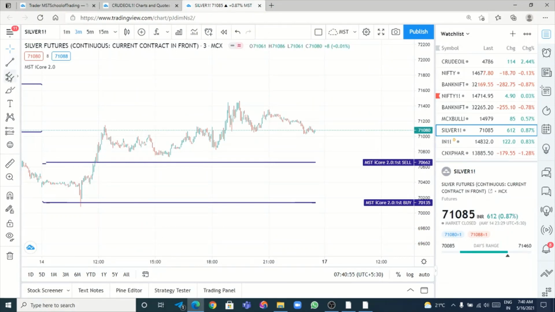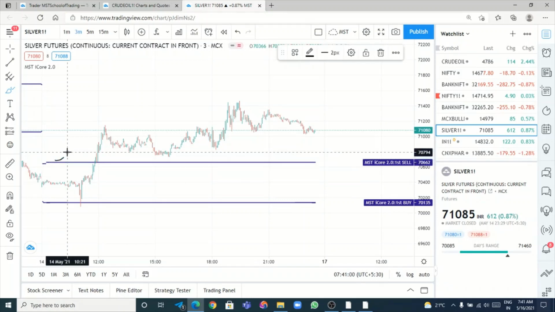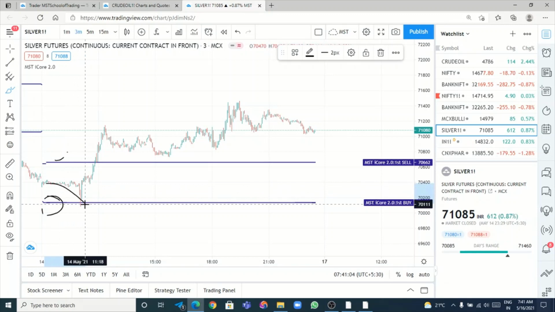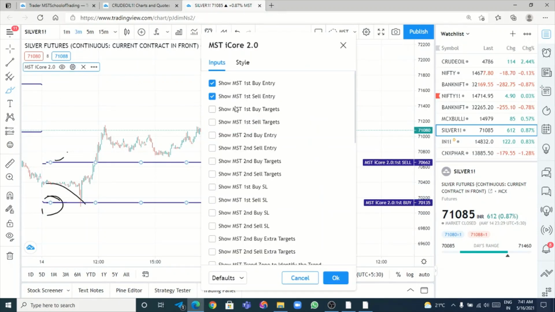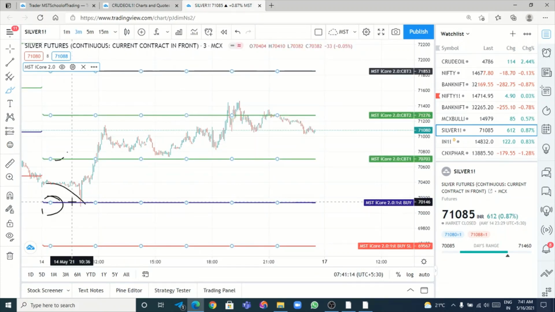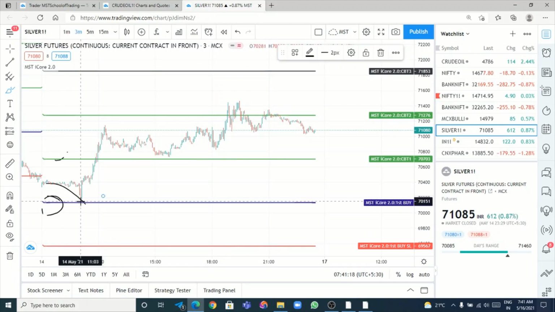Now you can tell me what had happened on the previous day. This is our sell entry and this is our buy entry. The market reached the first buy entry first. Now we have to cancel the sell entry. Then enable the first buy targets and enable the first buy SL. Now you see, it did not move any points down after activating our first entry, so immediately our target was given. Then there is a retracement.